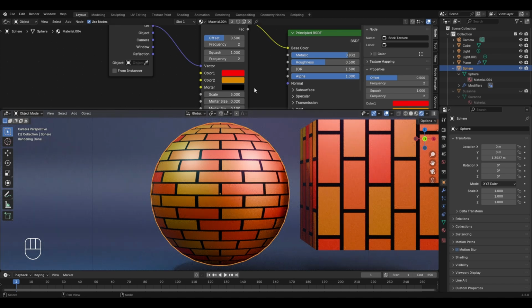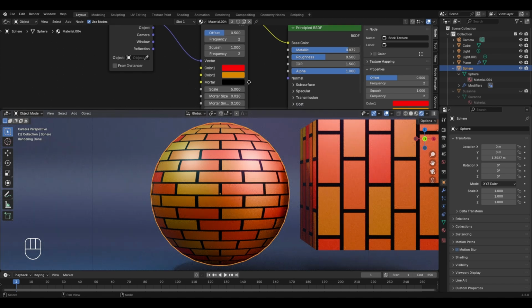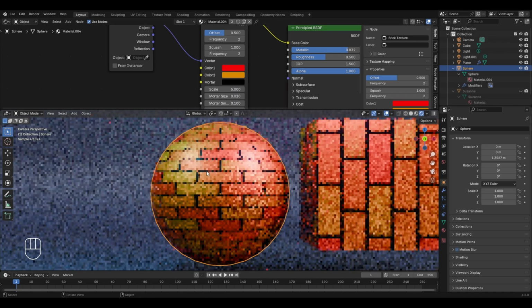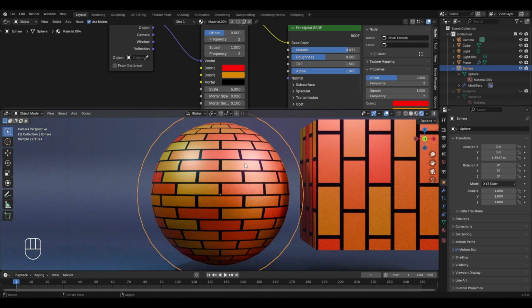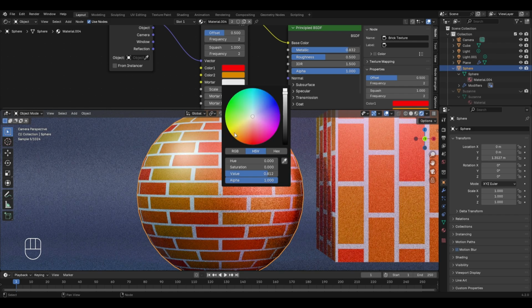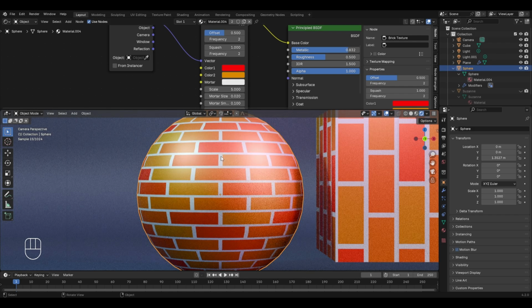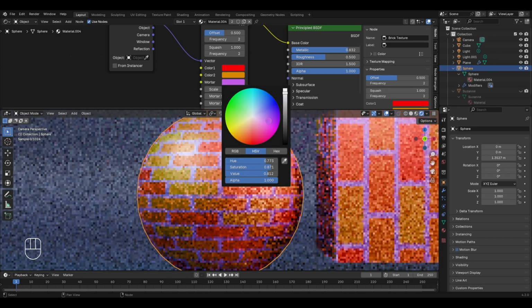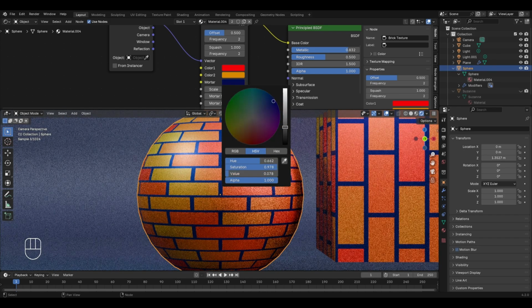After this, the next important setting that you have in this node is the color of mortar, and this will define the color in between any two bricks in the texture. For example, if I go to the mortar color and increase the brightness, then the color between each pair of bricks will change to the white color. Similarly, you can set any other color that you like to use as the mortar color. But for now, I'll reduce the brightness to make this color darker, and now it looks perfect.